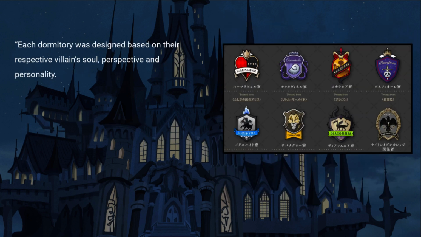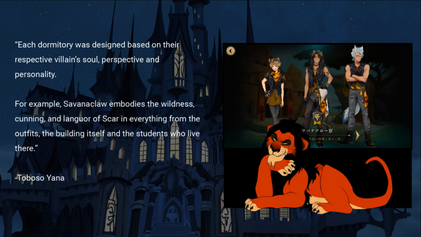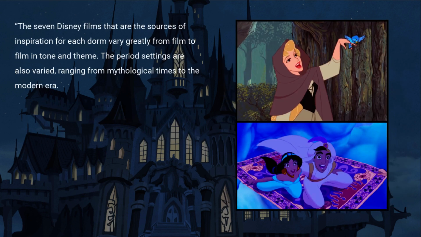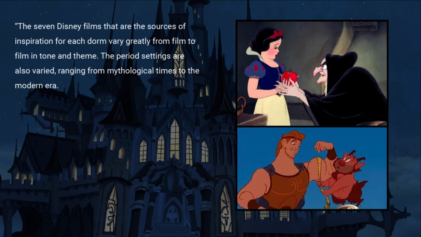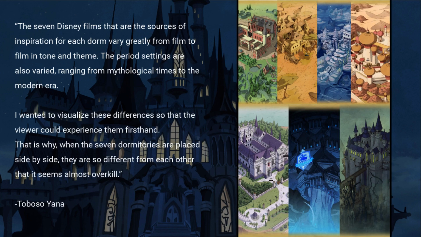Each dormitory was designed based on their respective villain's soul, perspective, and personality. For example, Savannah Claw embodies the wildness, cunning, and languor of Scar in everything from the outfits, the building itself, and the students who live there. The 7 Disney films that are the sources of inspiration for each dorm vary greatly from film to film in tone and theme. The period settings are also varied, ranging from mythological times to the modern era. I wanted to visualize these differences so that the viewer could experience them firsthand. That is why, when the 7 dormitories are placed side by side, they are so different from each other that